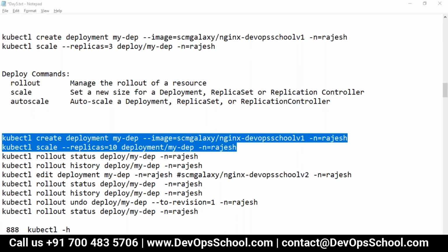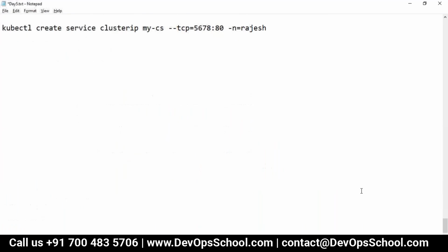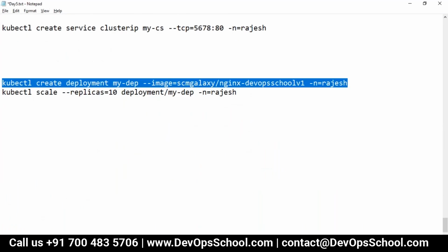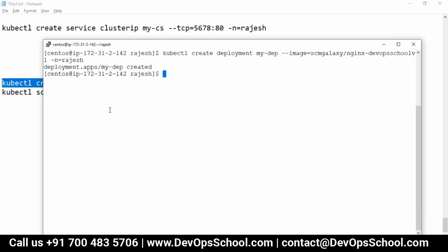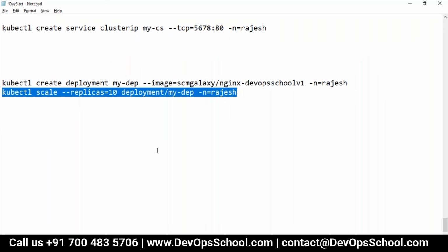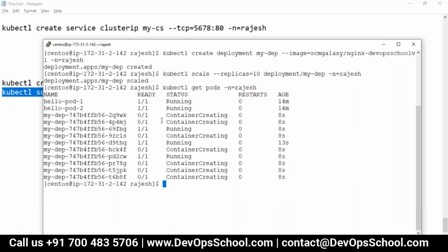Look at this. Here I am creating one deployment. Here I am scaling to 10 pods. See, 10 pods, you got it.